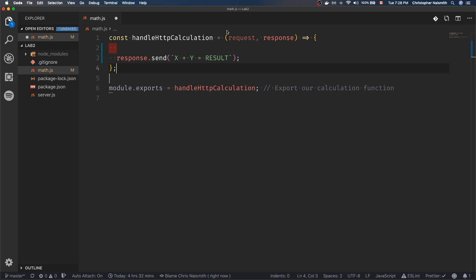Correct. So as mentioned in last class, you can kind of think of request as everything that comes from the user. So what URL they're going to, what their query parameters are, anything like that that comes from the user, any information from them comes in request. And then anything that we want to send back to them is a part of our response object. So I already know where it is, but if you wanted to look it up,